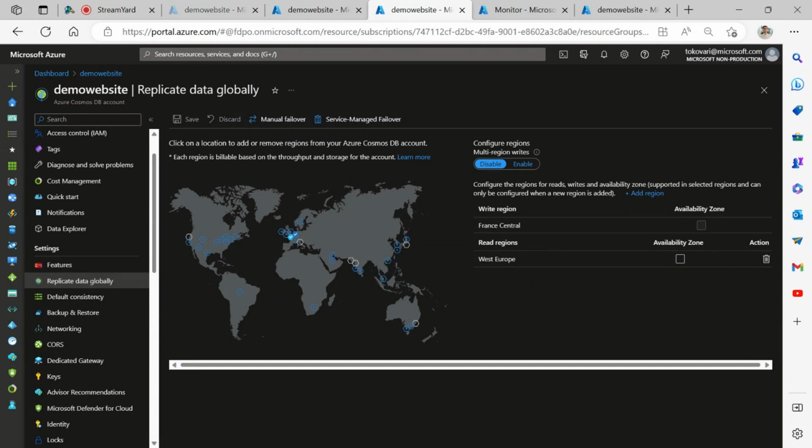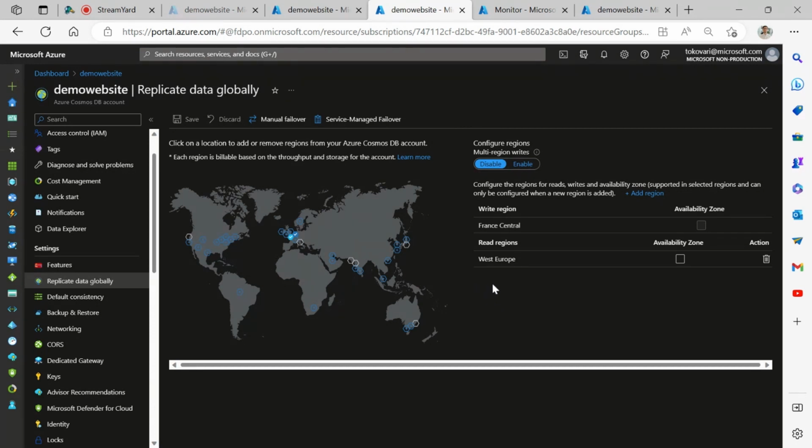I can also see whether the multi-region writes feature, which effectively turns every region into a primary region, has been enabled. Now, this feature doubles the overall cost of my Cosmos DB account, so it is important to evaluate whether I actually need to enable it. Every additional region that I add to my configuration multiplies the cost, and by that I mean 2 regions are double the price of 1 region, and 3 regions are triple the price of 1 region, and so forth. It is important to ensure that I utilize all of my regions to the fullest potential.